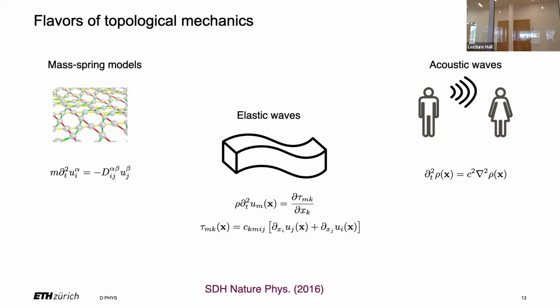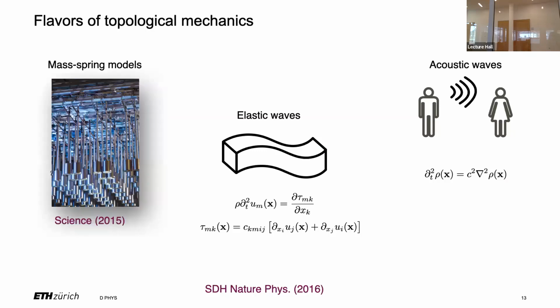And that's nice. It's nice to show that Newtonian mechanics allows you to observe certain topological effects, but it's not particularly challenging. I mean, we did that with pendulums a long time ago, 0.5 meter long pendulums, 0.5 kilo heavy, and they show a quantum spin Hall effect. It's nice, but it's an illustration, it's not a material, it's not an application, it's just a playground. But it's a versatile playground.